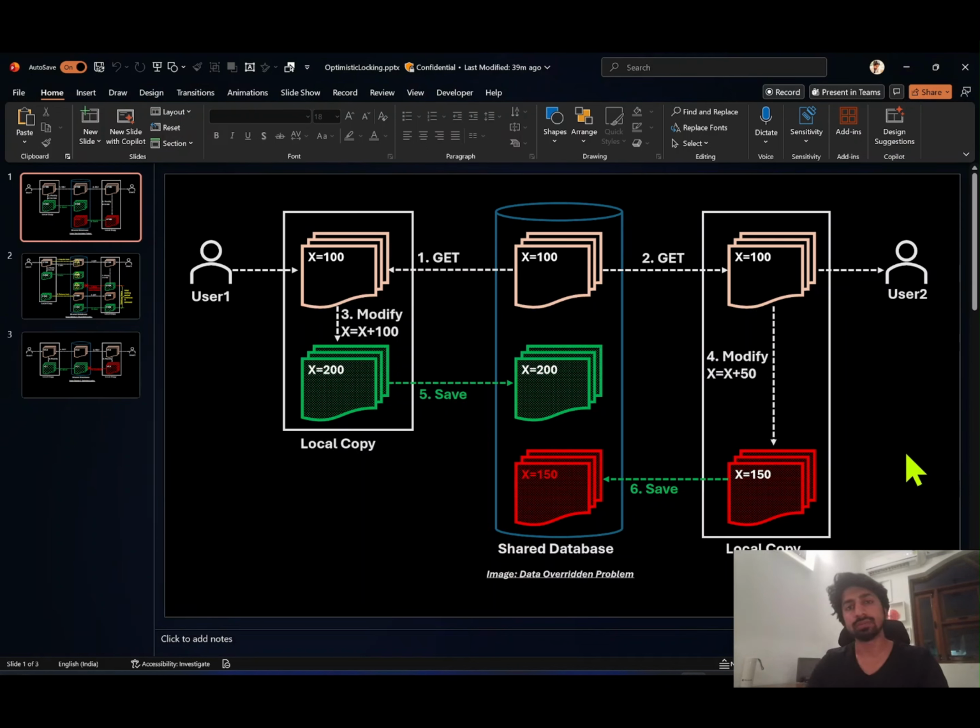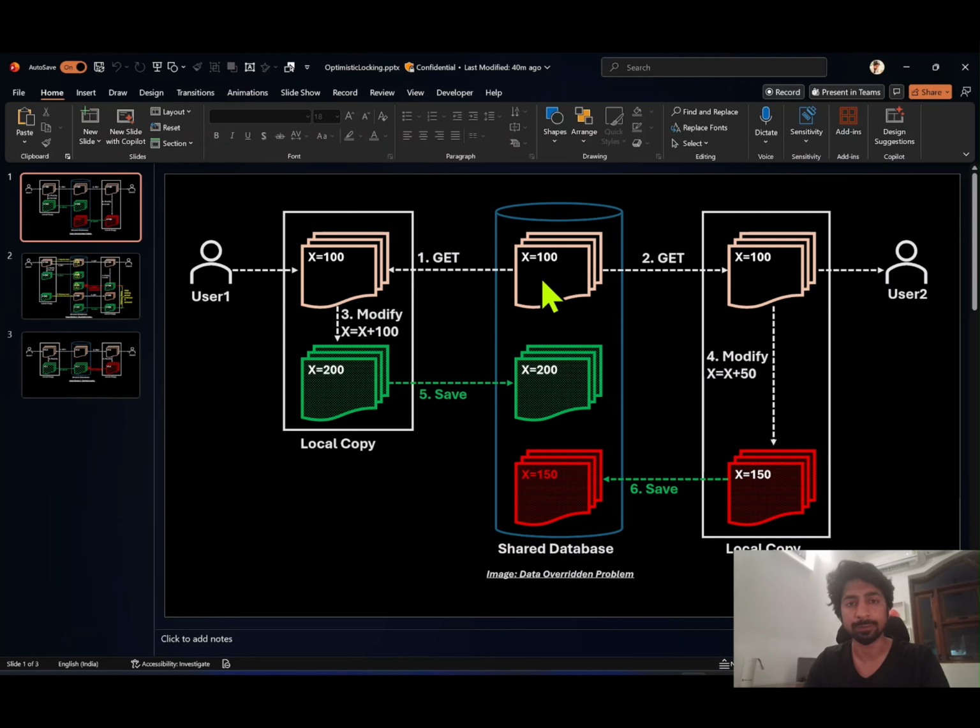So let's say you have a bank account, and in that bank account you have some money. For example, you have 100 rupees in your bank account, and there are two users, user one and user two. Both users are trying to deposit some money to your bank account. Let's say user two is trying to deposit 50 rupees, and user one is trying to deposit the 100 rupees